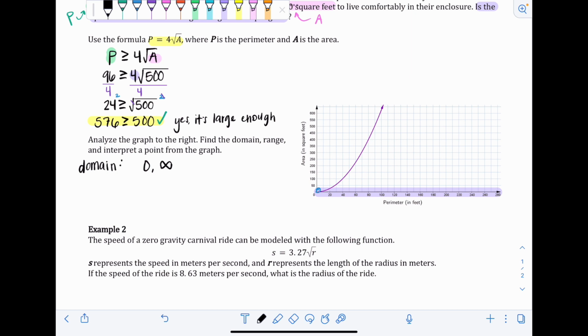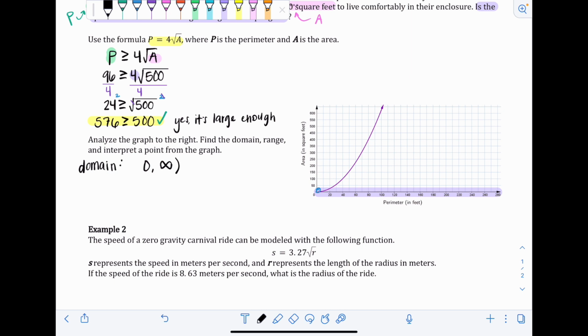And then for interval notation for domain and range, we have to use either parentheses or brackets. Brackets are for when we include a point, and parentheses are for when we can't include a value in the domain. So we always put a parentheses around infinity because you can never include it. It's not a real number, essentially. And then for 0, we have to think, does it make sense to include 0 in the given context? If we include 0, that would mean that it's possible to have a perimeter of 0, and you can't have